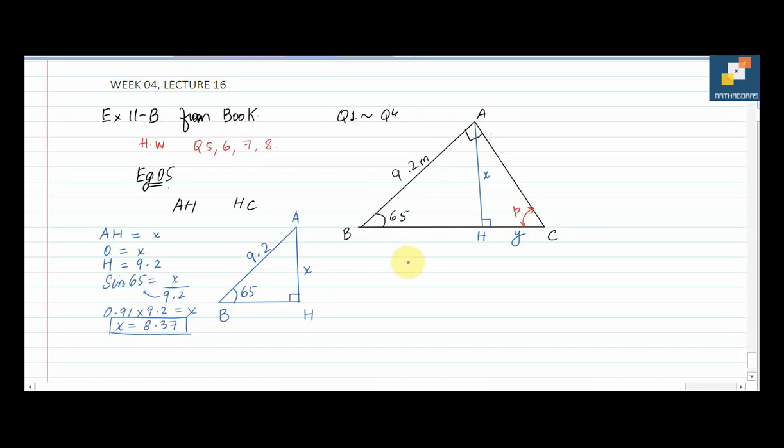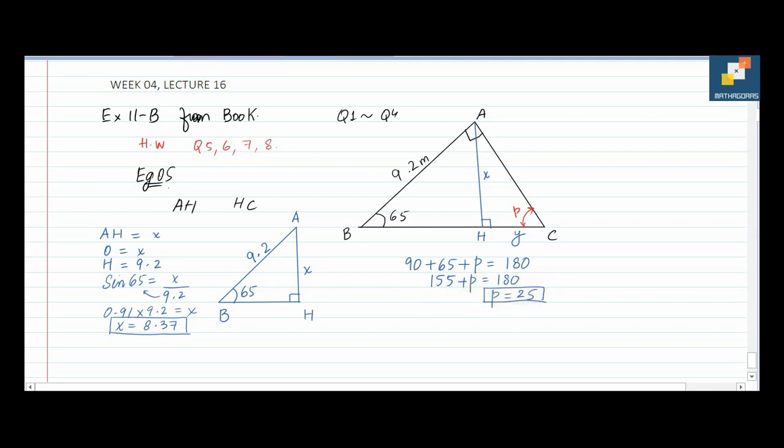So I can say that 90 plus 65 plus P equals 180. The same thing that we had discussed in our last lecture. Now 90 plus 65, it's 155, plus P equals 180, and when you shift 155 to the right side, it will be 180 minus 155, and the value of P is 25,